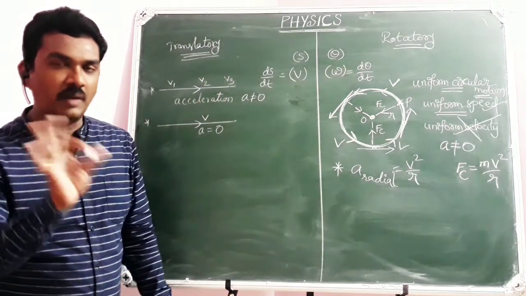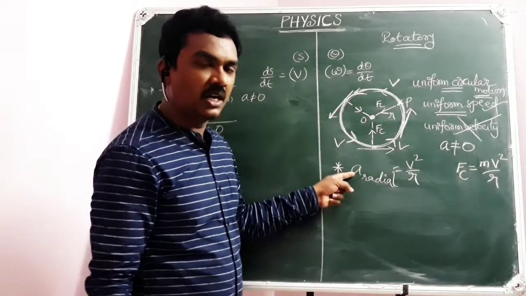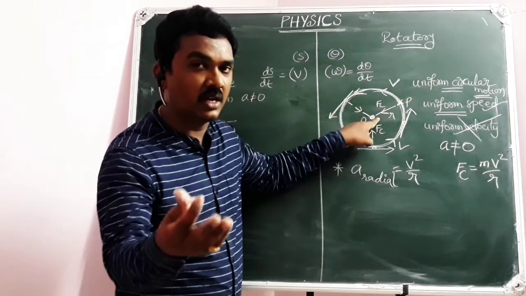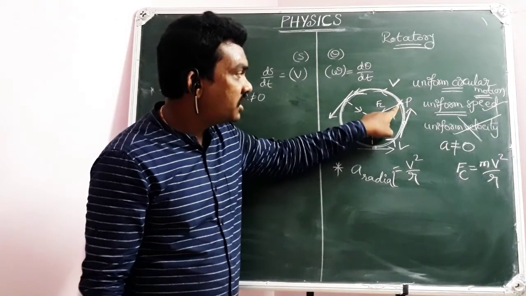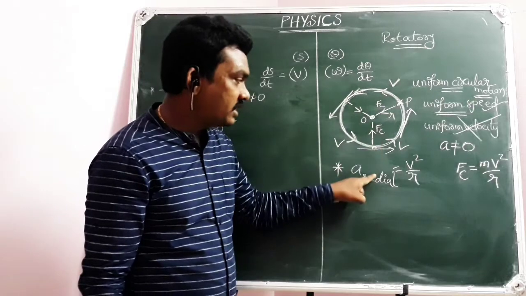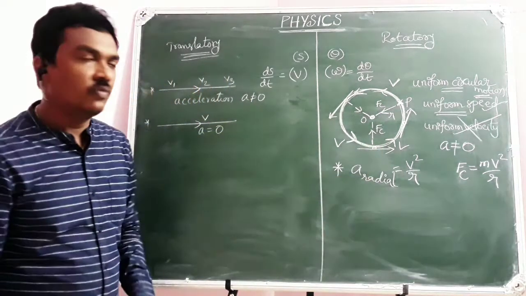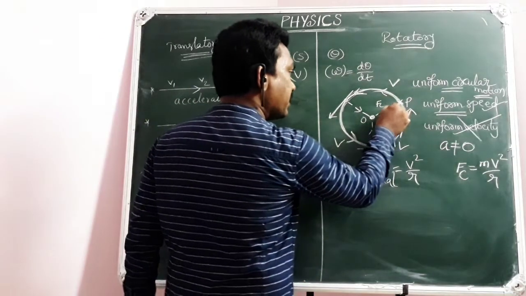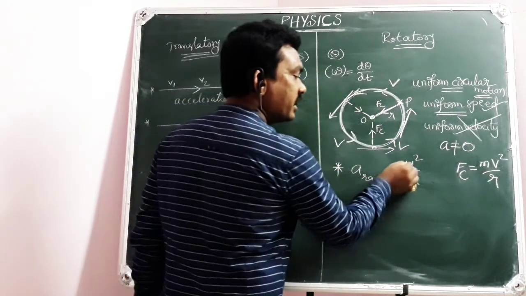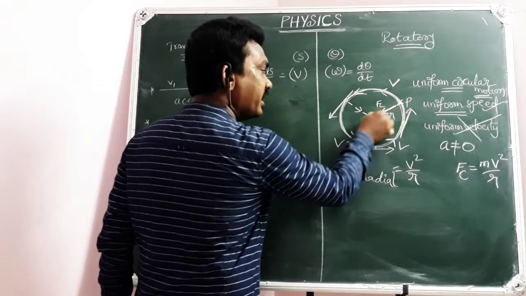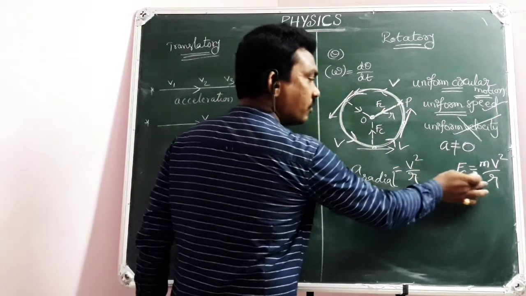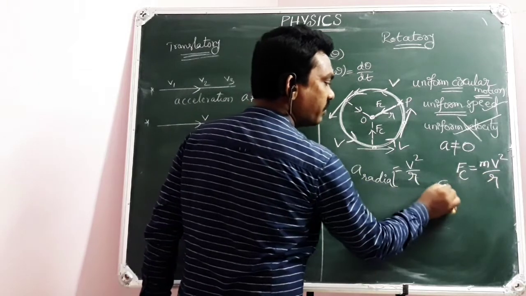No, I am not explaining here acceleration along the curved track. I am explaining acceleration along the straight track, that is the radial line. Acceleration along the radius, which is a straight path. That's why I have used translatory terms. Force along the straight path, that's why I have used F equal to mv square by r. Acceleration a equal to v square by r along the radius. So we call it radial acceleration, radial force or centripetal force.